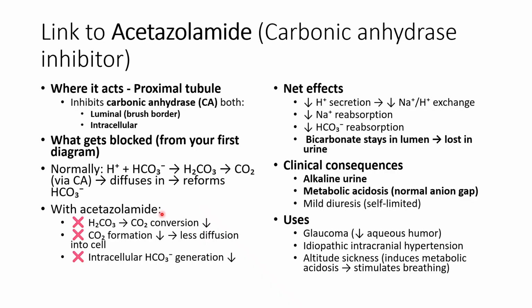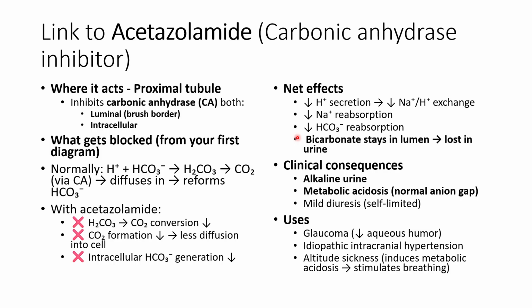However, if acetazolamide is used, it will hinder this conversion of H2CO3 into CO2, leading to decreased diffusion of CO2 inside the cell, decreasing intracellular bicarbonate generation. Basically this was also leading to H plus secretion, because H plus was recycled for formation of H2CO3. So the net effect will be that it decreases H plus secretion by decreasing the Na plus H plus exchange, because there is no more H plus being generated. This will also decrease sodium reabsorption and decrease bicarbonate reabsorption, and the bicarbonate will remain in the lumen and